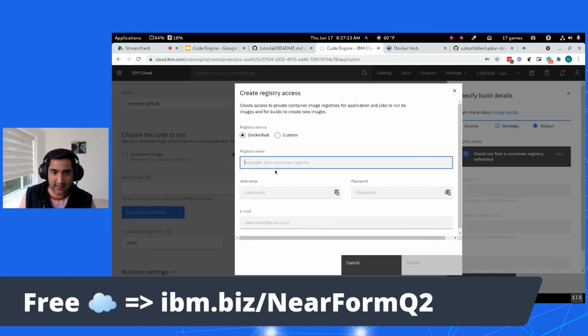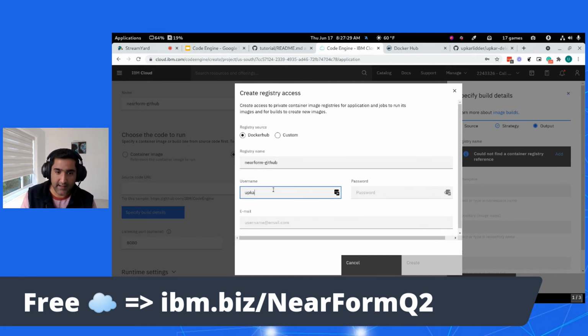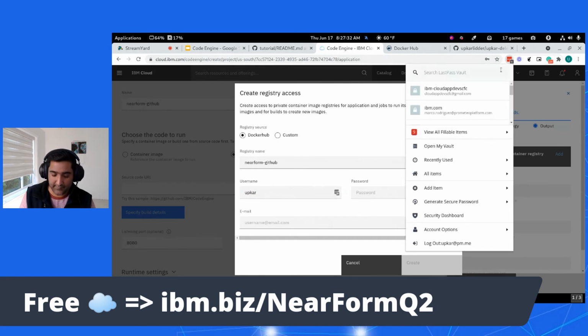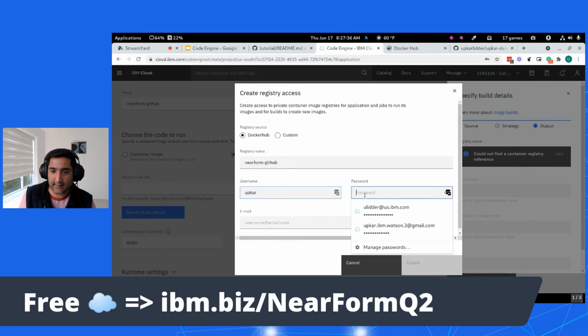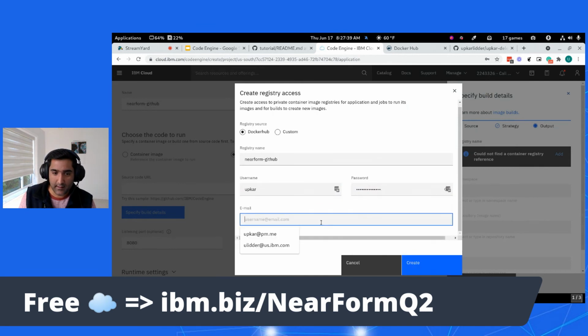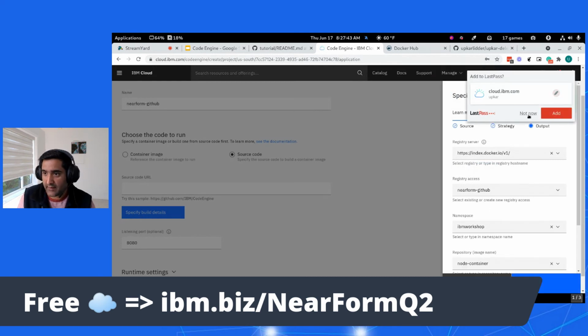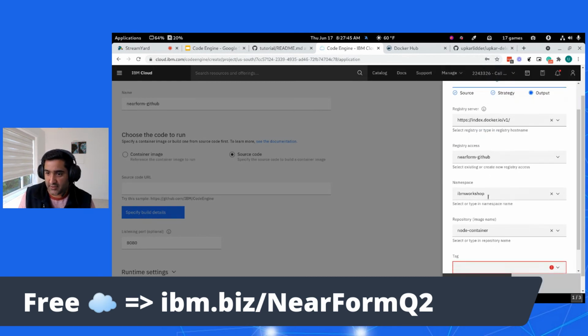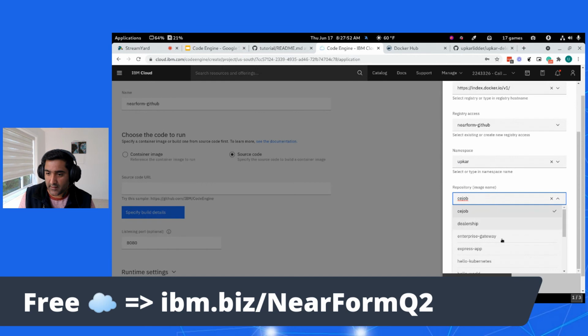So I'll say add Docker Hub. My registry name is NearForm GitHub. My username, and I have to grab my password real quick. Do that, password, and give it my username. All right, so now it knows about my Docker Hub registry. So here, let's again say Upkar namespace, and repository is